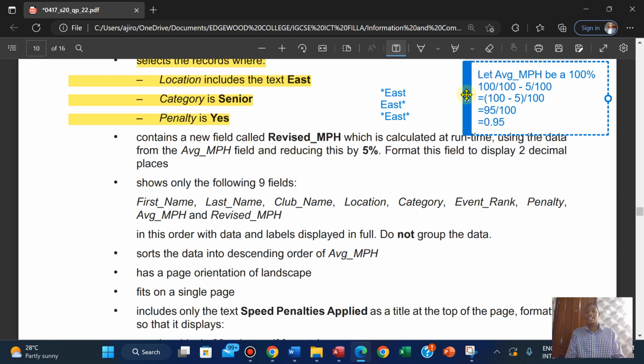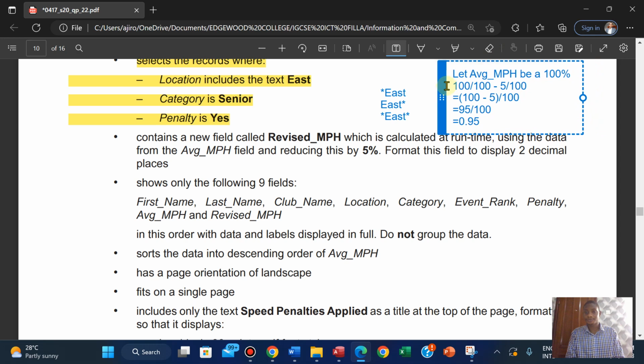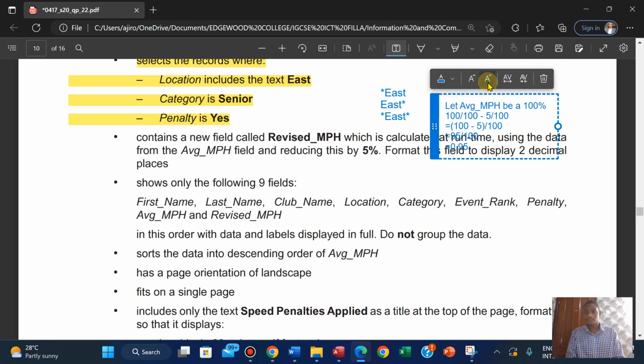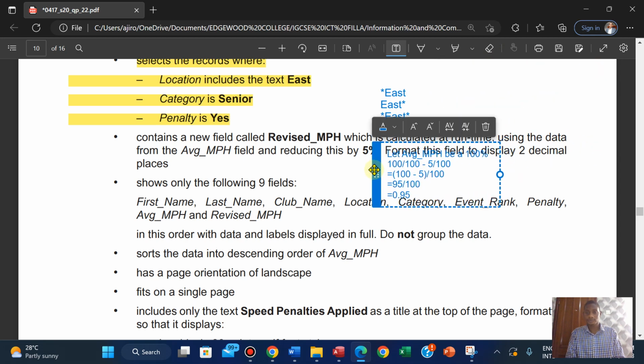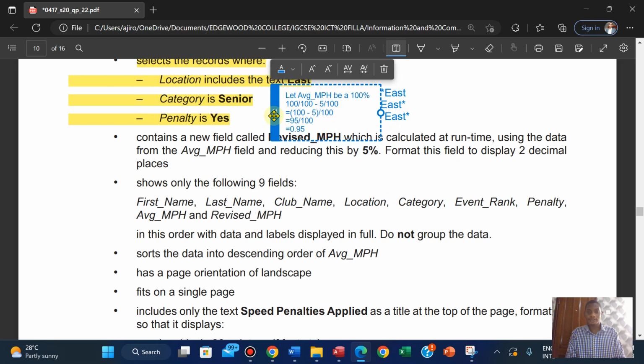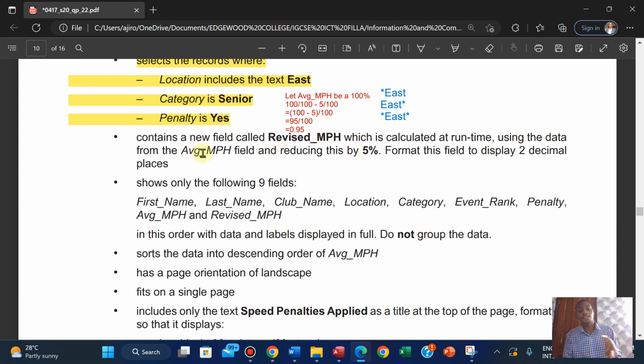So at the end of the day, after reducing 5% from this, we're able to have 95%, which gave us 0.95. So we're going to multiply the AVG MPH, right? So the format we're going to have